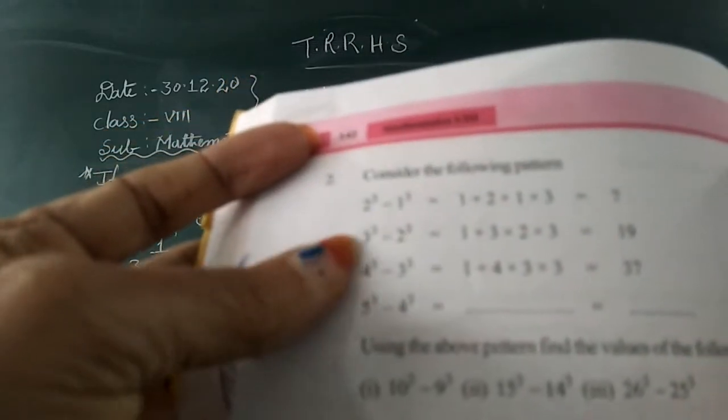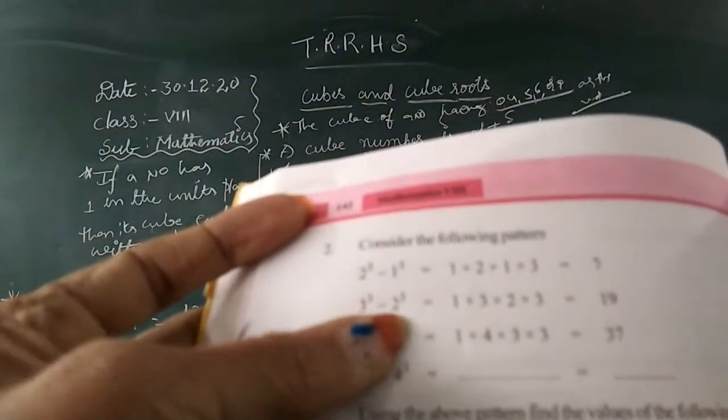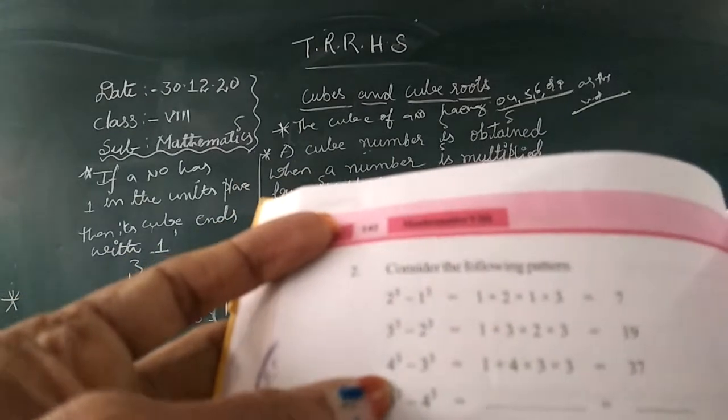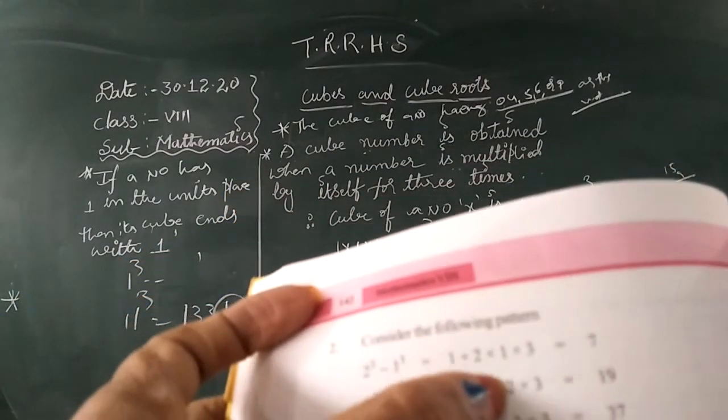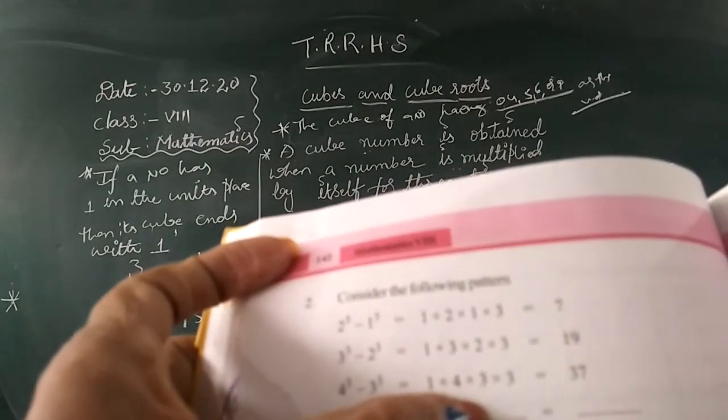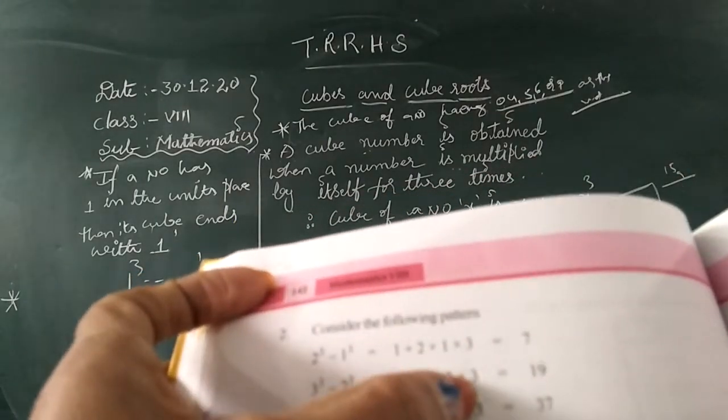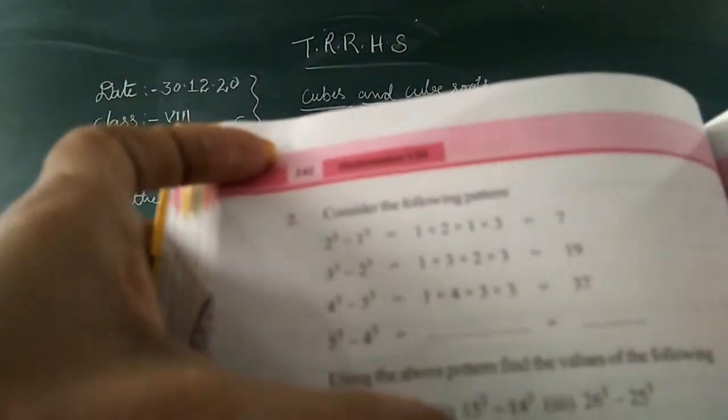5 cube minus 4 cube. 3 cube minus 2 cube. 3 cube means 1 plus 3. 4 cube means 1 plus 4. 5 cube means 1 plus 5. So wherever 1, 2, 3 is there, in the next series you will get 4. This 3 is a constant. See here, the 3 is constant everywhere. However many patterns you do, however many numbers you do, in the same way the 3 will be